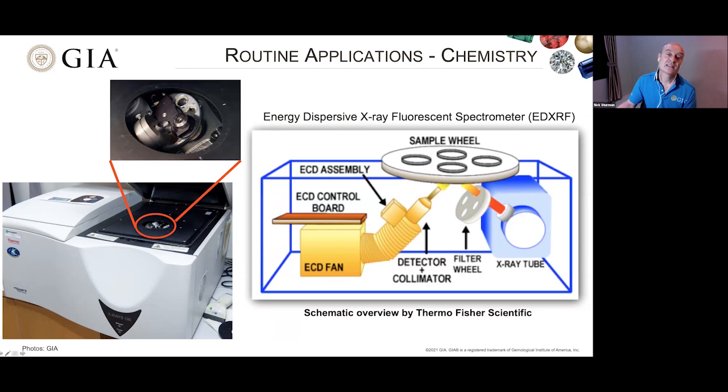Here we can see that you have the inner workings, the actual X-ray tube and the detector. And this is when you open the lid, what you see, where you put the sample. The rotating wheel here is not actually in this example. Here we just put one sample at a time.